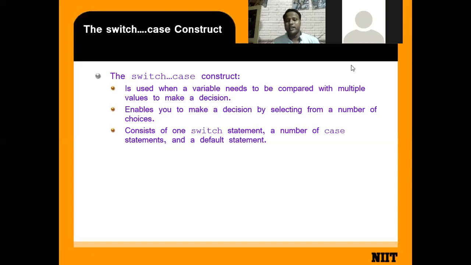In a switch case, the switch contains multiple case statements where you have to check whether it matches or not. If it matches, then there is no need to go on searching. It's just like searching for one piece of information.